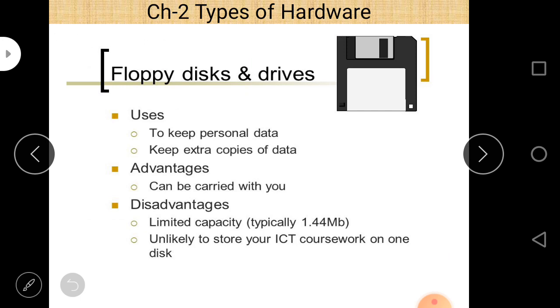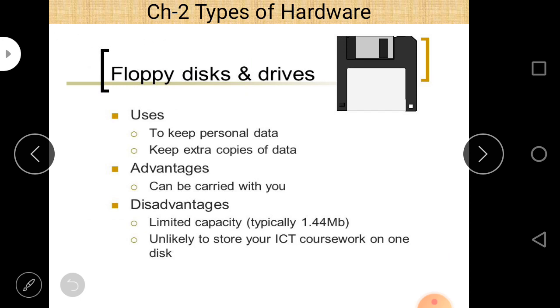They are basically very small in size, about 1.44 MB, so they are very much not used. And even if you want to store ICT coursework, it is not possible to store your whole work on a complete